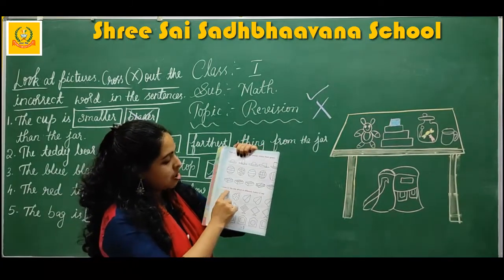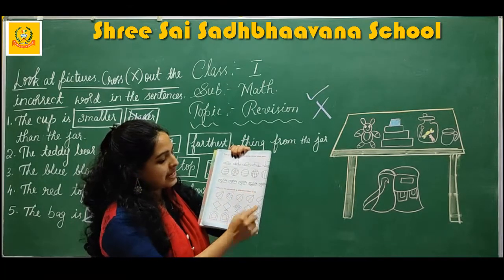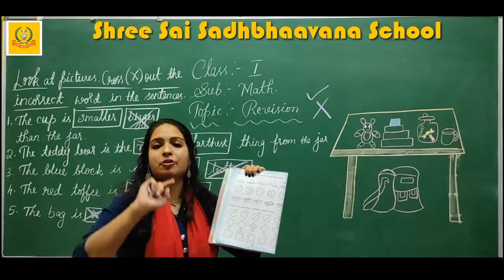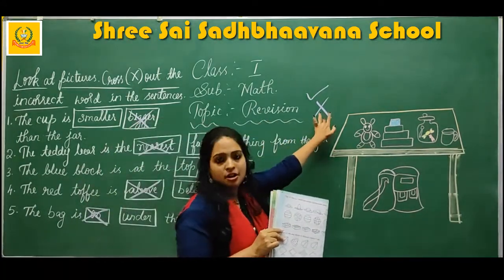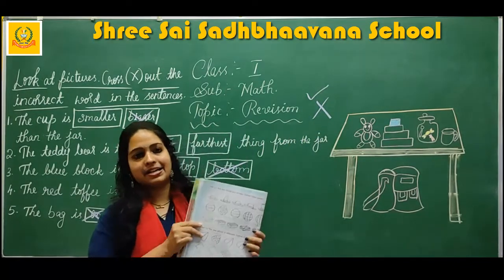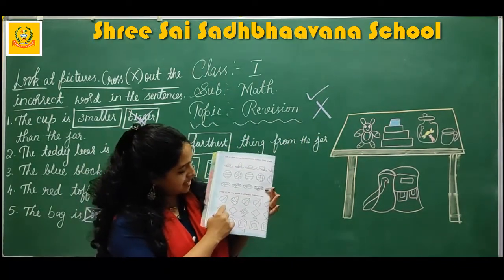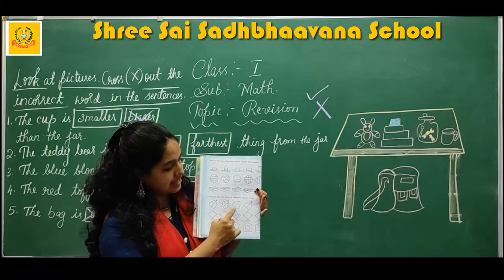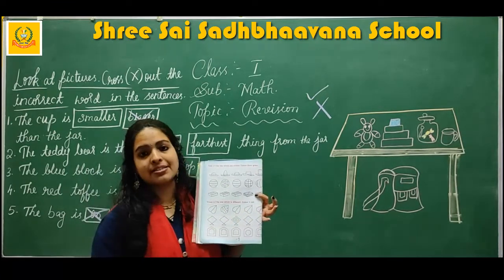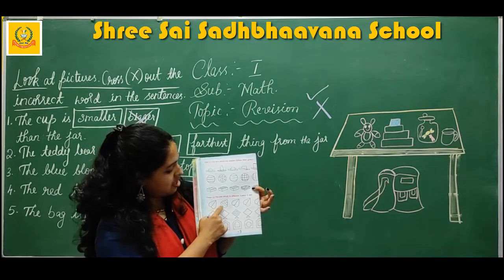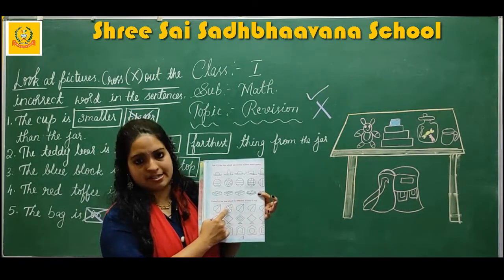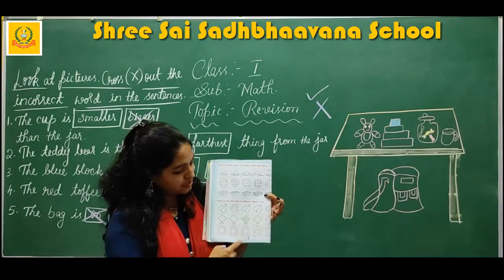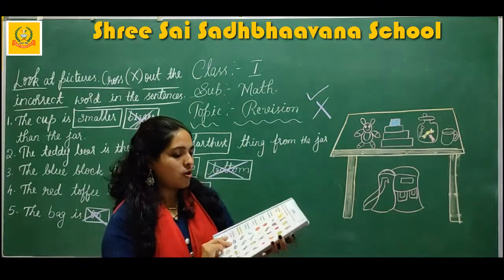Okay. Next, cross the one which is different and color it red. So here 5 pictures are given. Which one is different? To that you have to put a cross, and you have to give red color. So see here first example, leaf is there. In this leaf, one line is there, nothing else. Here dots are there, here line, here line, here line. So which one is the odd one here? This is the odd one, which is with the dots. To this you have to put a cross and give red color. So will you do this, reminding yourself? I hope you will do this.